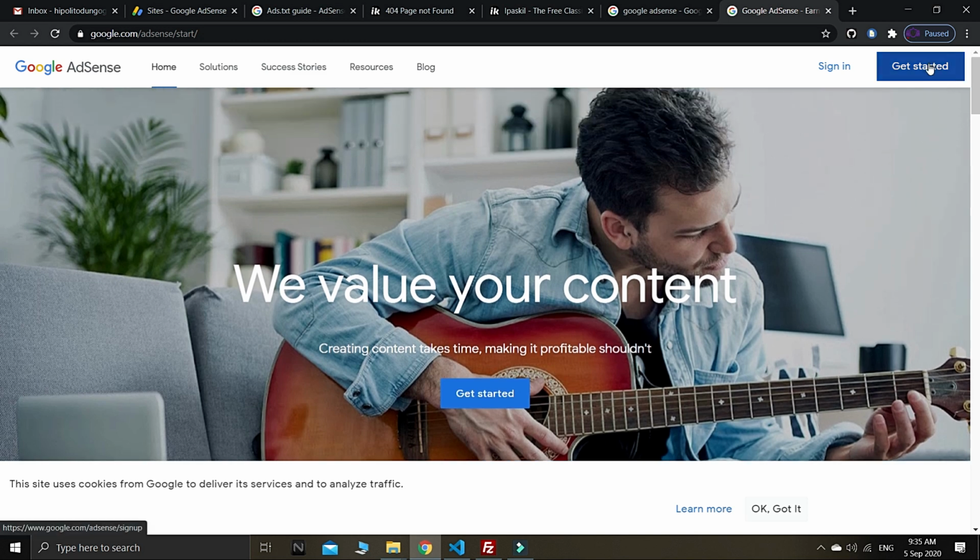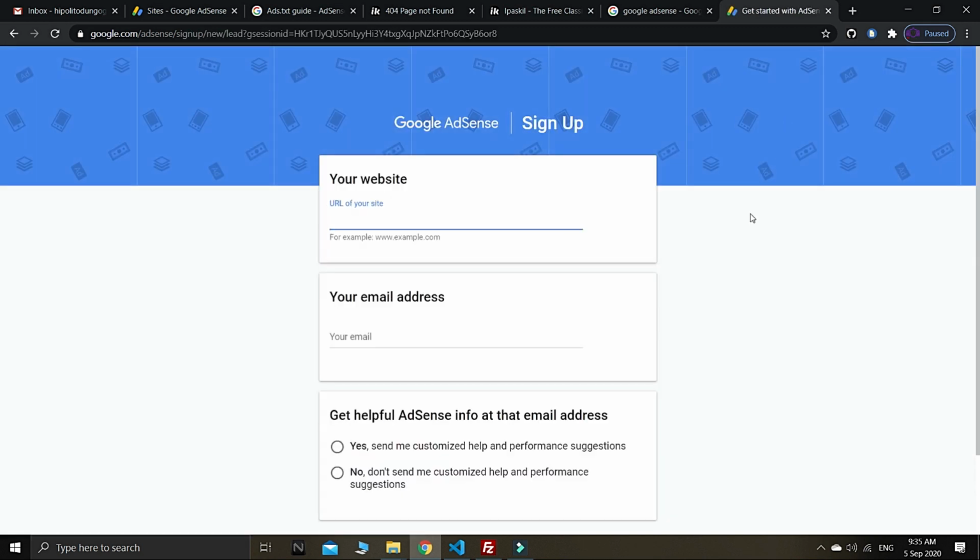So basically you go to Get Started, or if you already have a Google AdSense account, you can start by signing in. This is the first step to apply for your site. This is an individual site you can apply for. If you have multiple websites, like I do, but by the way, guys, I have been rejected many times by Google